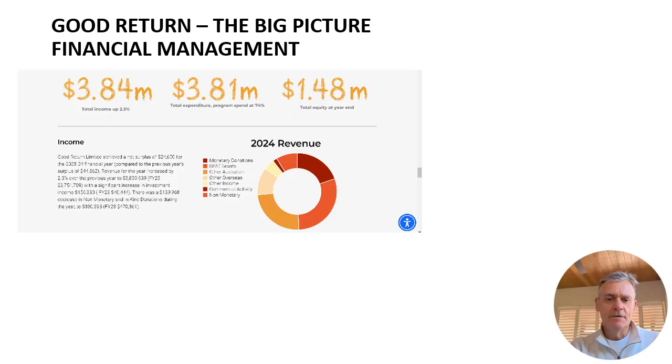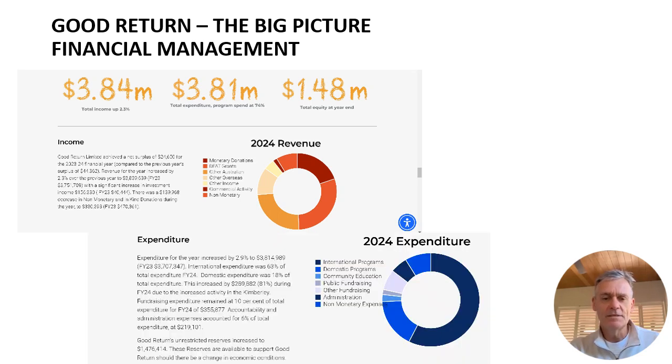So I did a snapshot out of our 2024 annual report of what the bigger picture of the finances are in Good Return. And if you look at those three numbers there, the revenue, the expenses, and what's called equity, and I'll come back to that later. From the income side, the revenue side, we generated 3.84 million in that year. And on the expense side, we spent